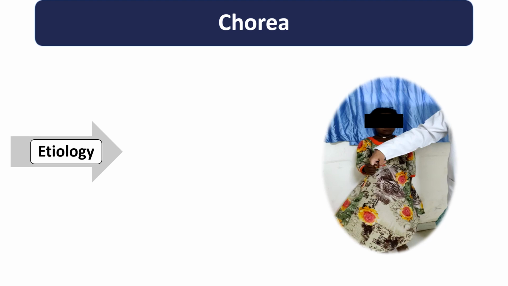There are various etiologies of chorea. Commonly we see Sydenham chorea due to rheumatic fever, also known as St. Vitus dance. Other etiologies can be seen in some autoimmune disorders, for example SLE, antiphospholipid syndrome, Behçet disease. Also in endocrine disorders, for example hyperthyroidism, even in some infections, neurosyphilis, HIV, even with some inborn errors of metabolism, for example non-ketotic hyperglycemia. It can be seen because of basal ganglia lesions, for example infarct, trauma, tumor, and other causes